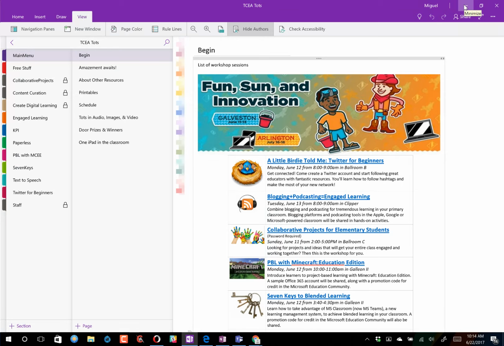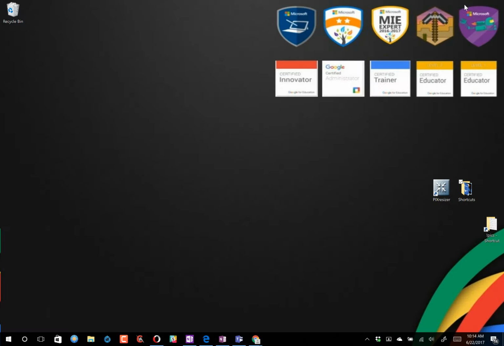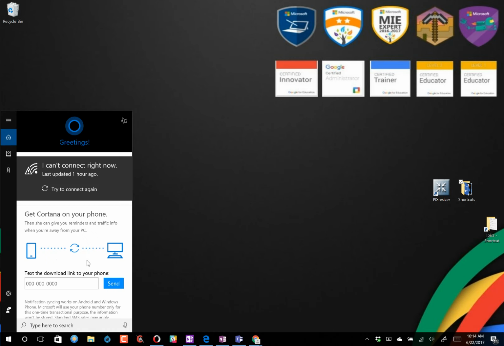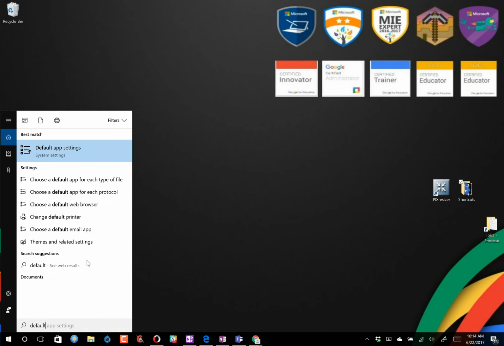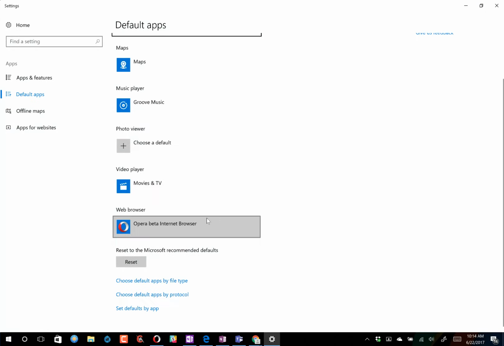One way to change that is to actually change your default settings. So if I come down here and go into Cortana and type in default, you'll see that I have default app settings, and it's going to give me a list of all my default settings. And if I come down to choose default apps by protocol and I click on that,